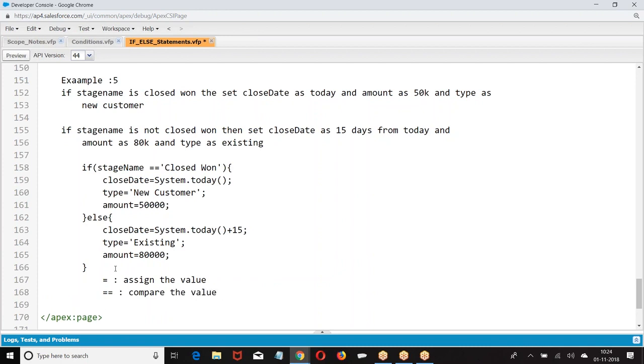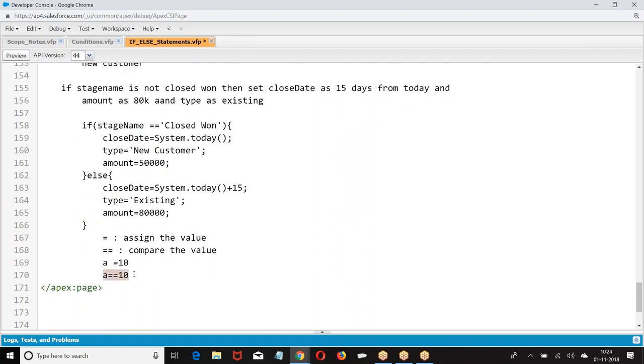In the calculation, A equal to 10 means 10 is assigned to A. When I give A double equal to 10, we are comparing whether A is 10 or not. In a condition I compare whether the value is the same or not; in a calculation I assign the value.